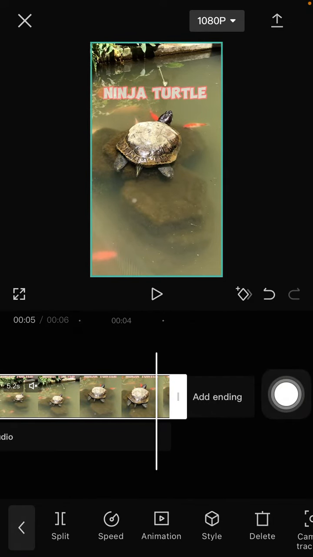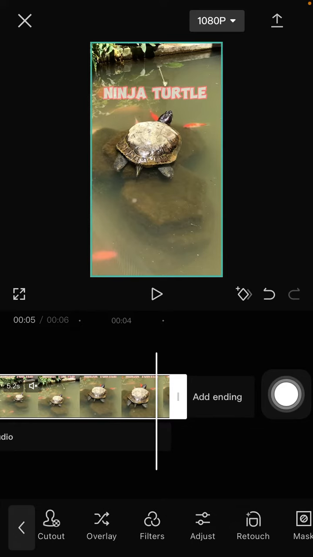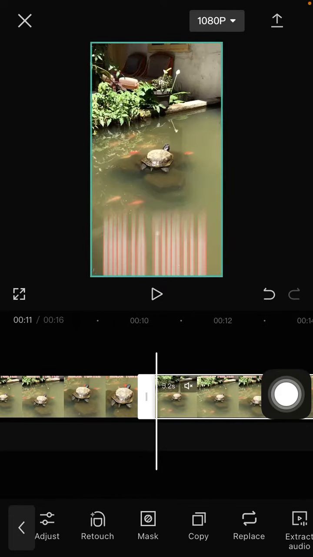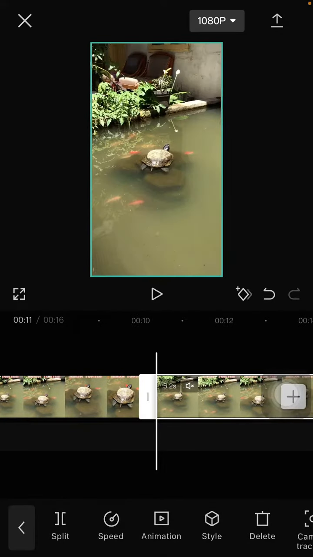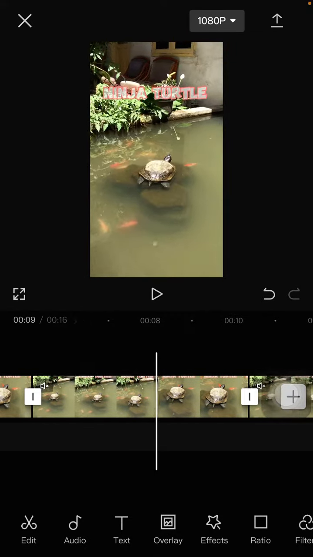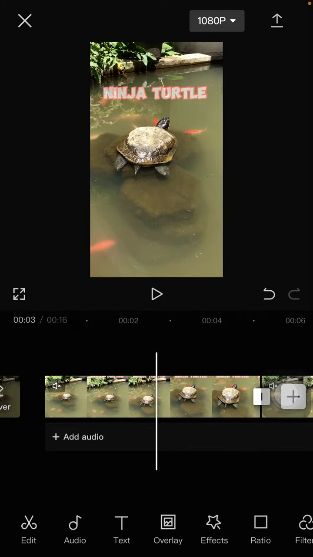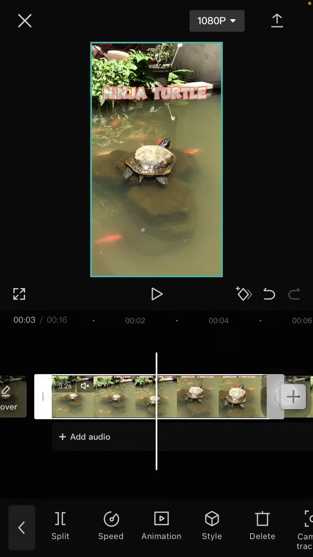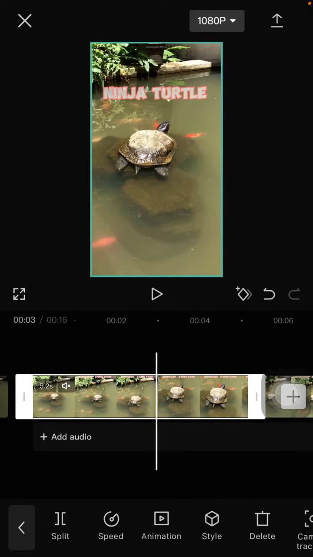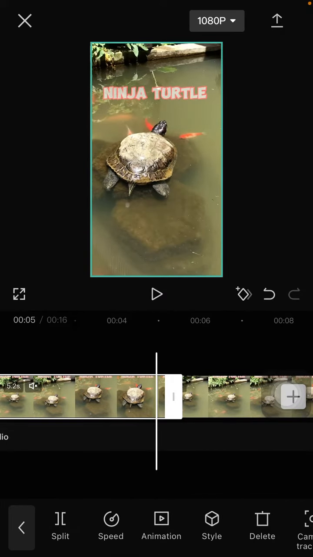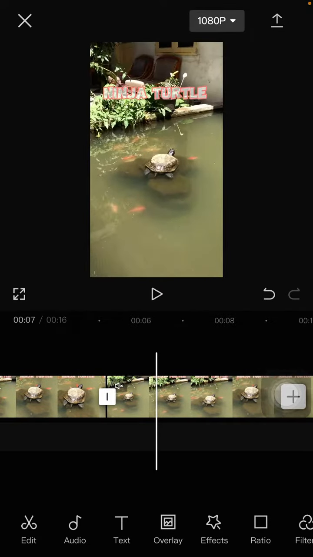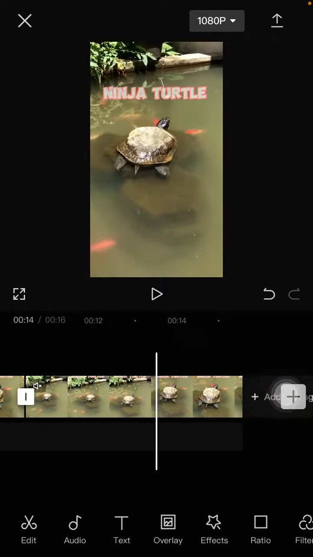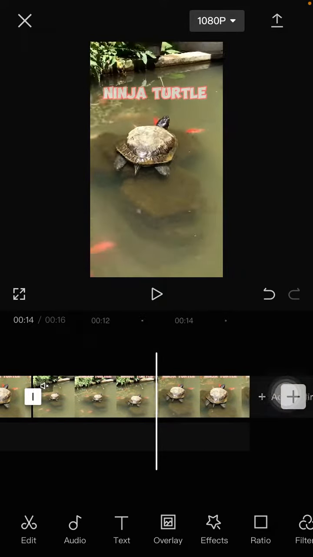Just click on the clip and then you can select copy again, and you get the 3 clip, the same clip, and then my 6-second video will loop 3 times for a total of 18 seconds. So you can see. Right, so this is the looping video,